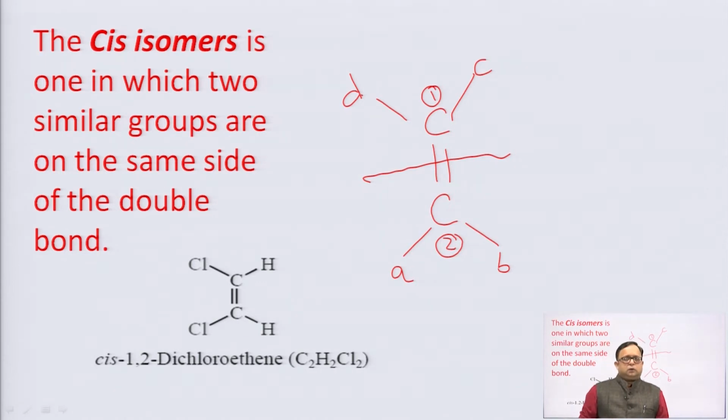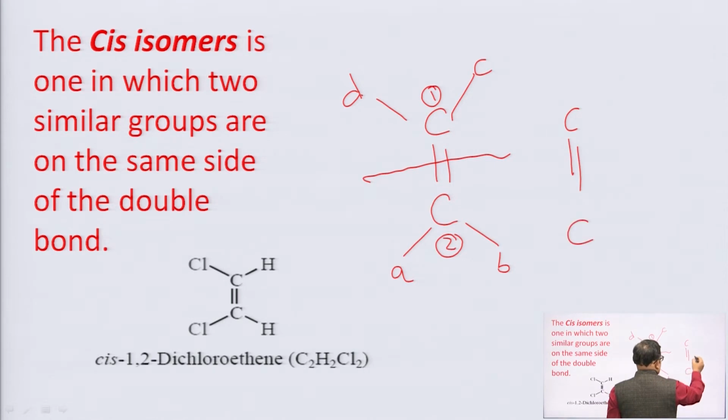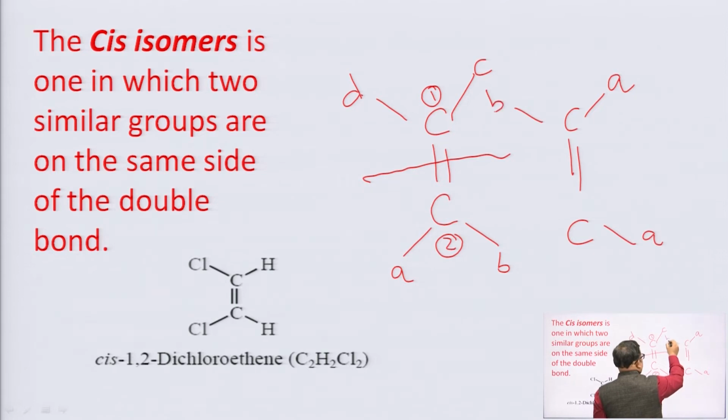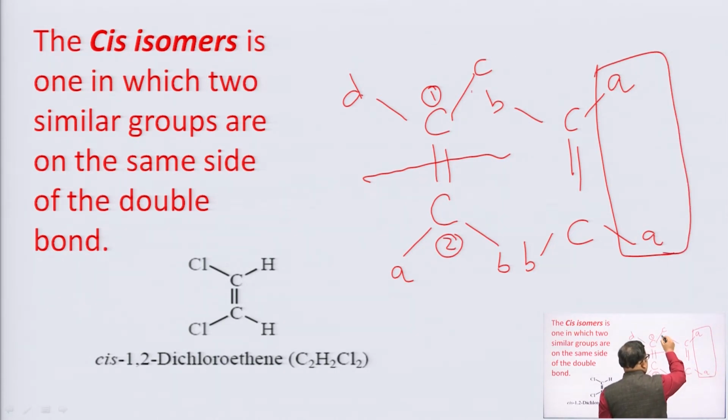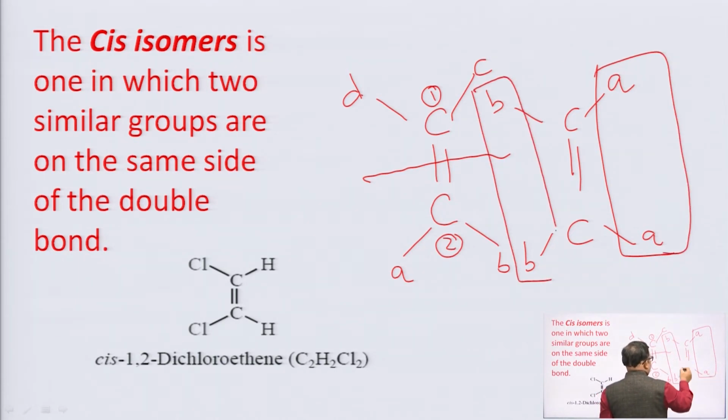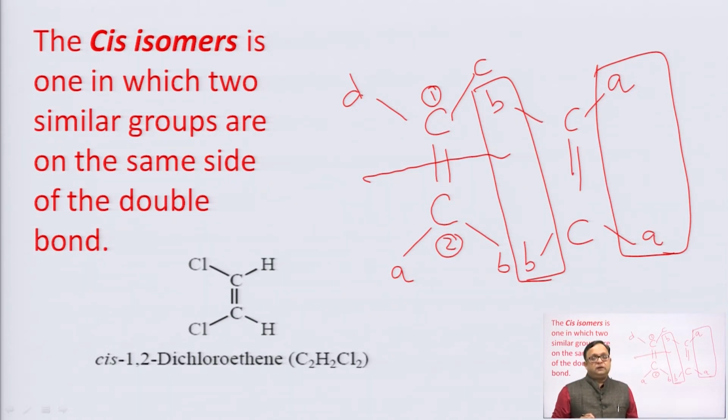Now, if two substituents are similar groups, say for example, let us have two similar groups A, A and B, B. So, A are on the same side, B are on the same side. If this type of condition arises, then this type of structure is called a cis isomer, and the example is